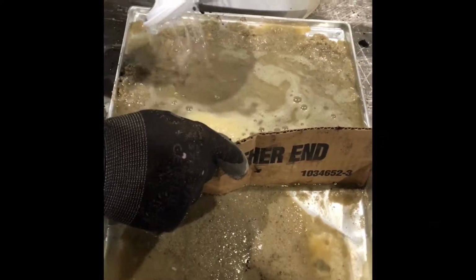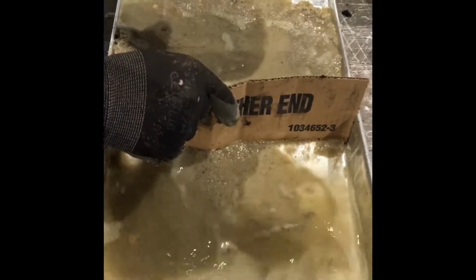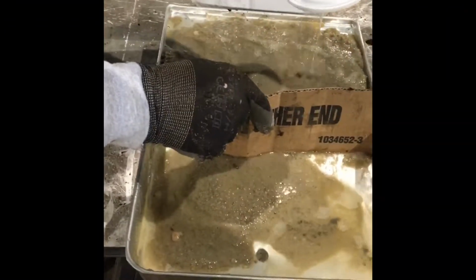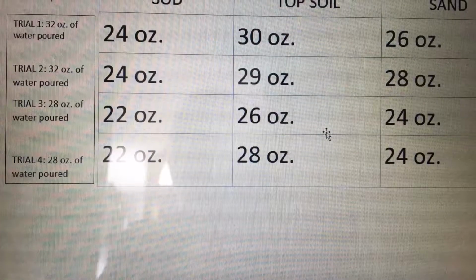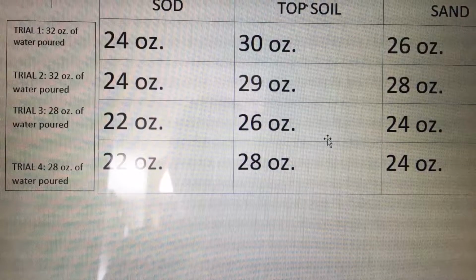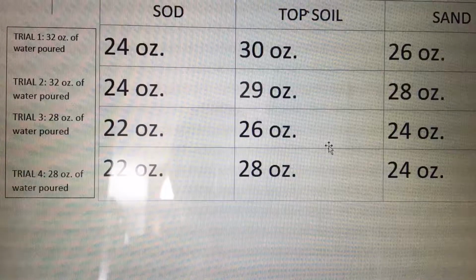As you can see, this experiment accurately follows my research because the hole in the bottom of the aluminum tray acts as the storm drain in which stormwater runoff flows through every day and can pollute our local waters. This table displays the amount of water runoff from sod, soil, and sand for the given amount of water